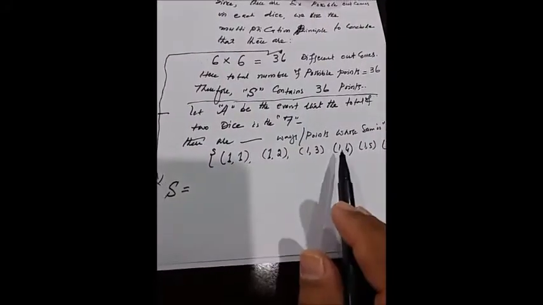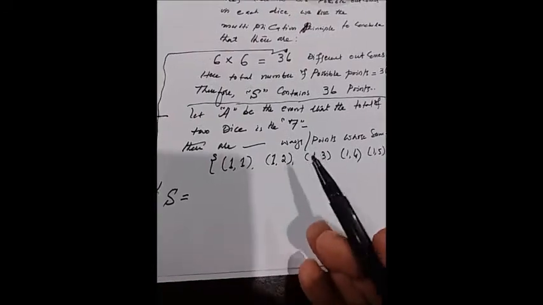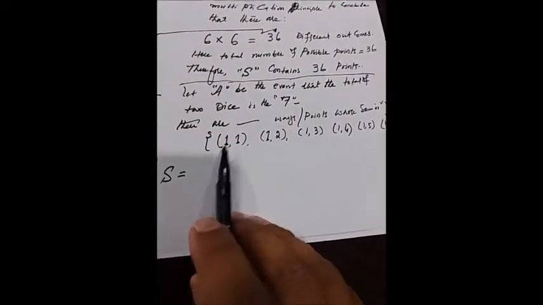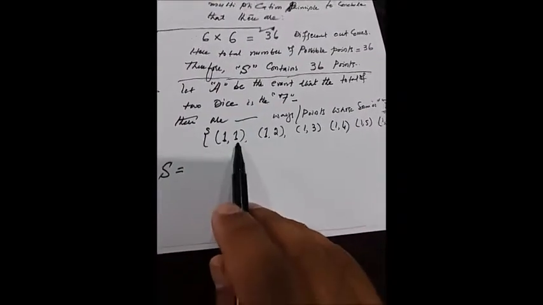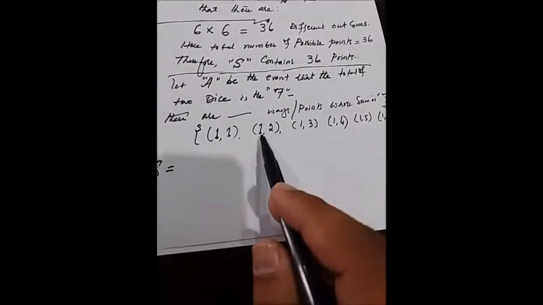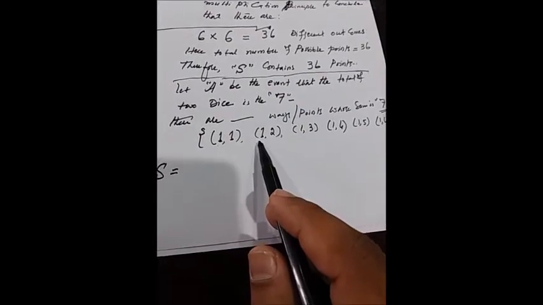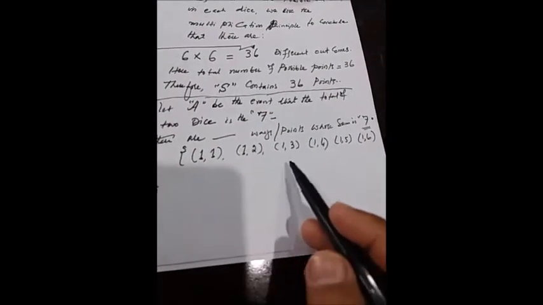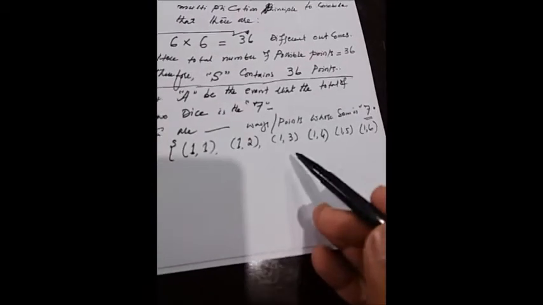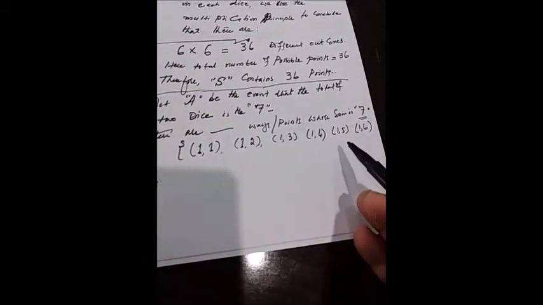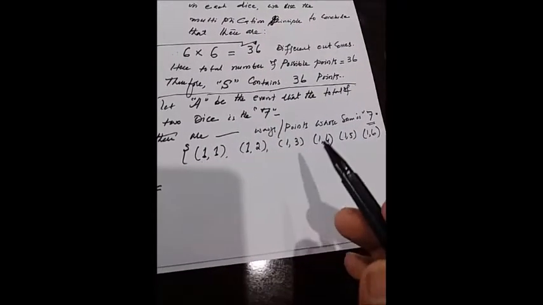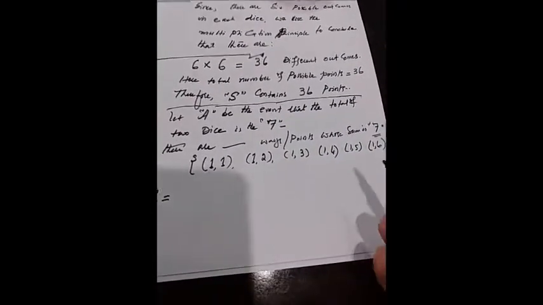We are supposed to obtain the ways by which 7 can be obtained. So when we are rolling two six-sided cubic dice, there is a probability that when we are tossing two dice, the first die contains 1 and the second die contains 1, or the first die can be rolled with 1 and the second die can be rolled with 2, or the first die can be rolled with 1 and the second die can be 3. So these are the ways by which we can obtain the different outcomes of the 2 dice.